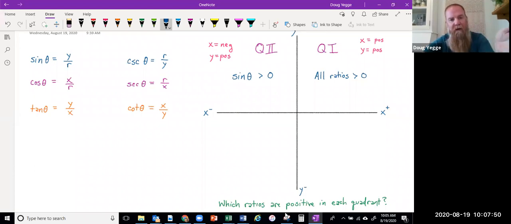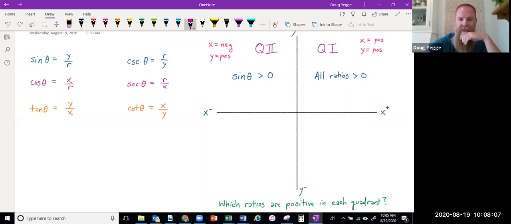because if sine is positive, then obviously its reciprocal will also be positive. If tangent is negative, then cotangent will also be negative. So we're only going to deal with sine and cosine, and then we can add the others later. So let's go ahead and take a look then back